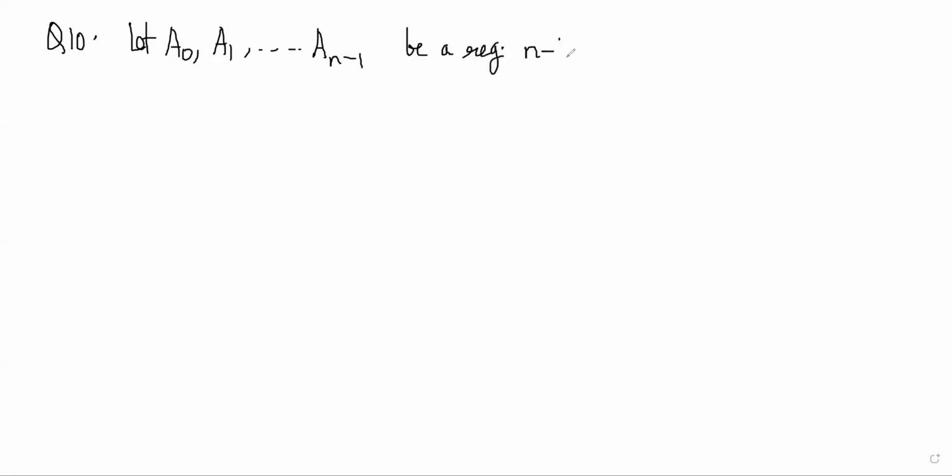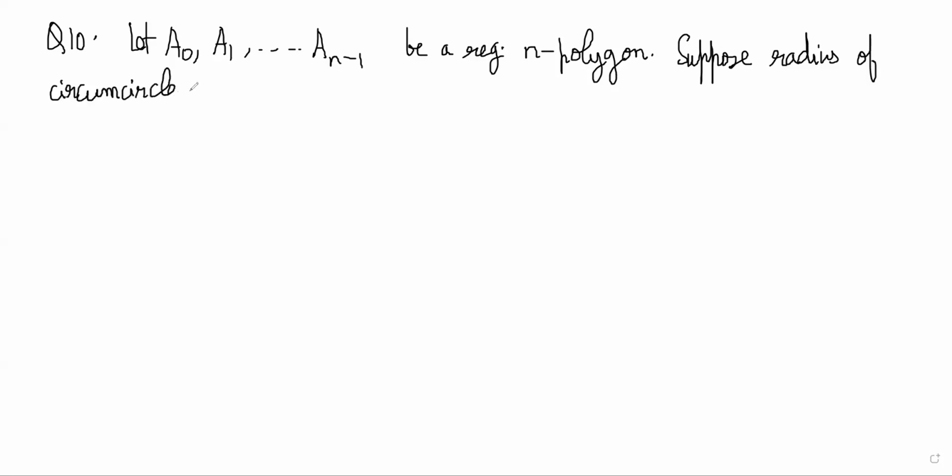Suppose the radius of the circumcircle is 1. Prove that